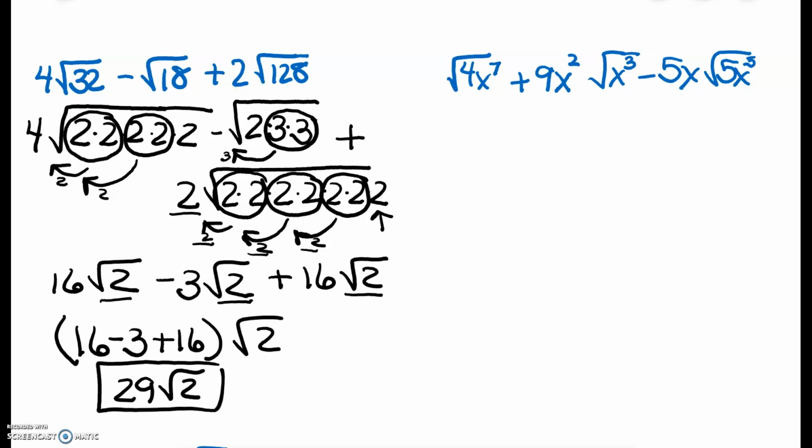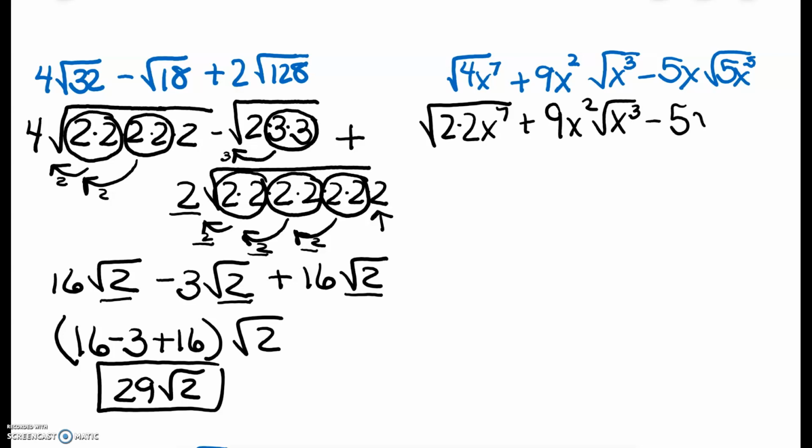Next problem. I have the square root of 4x to the 7. And I know that 4 is 2 times 2, and I'm just going to leave x to the 7 here because I can see I have 3 groups of 2x's with 1 left over. Here I have 9x squared, cube root of the square root of x cubed, and then I have 5x square root of 5x to the